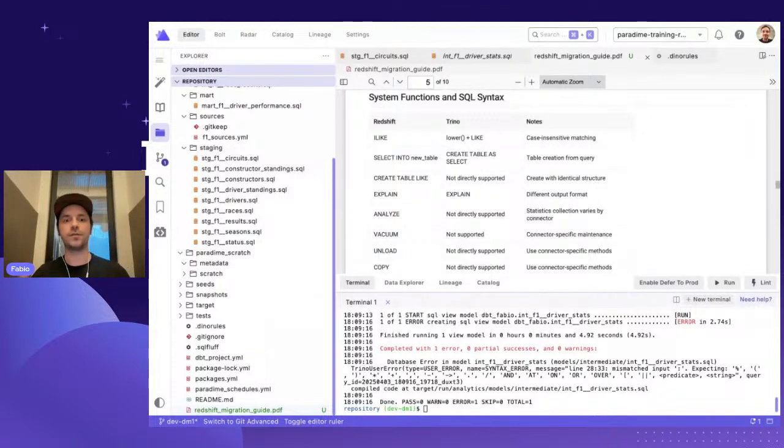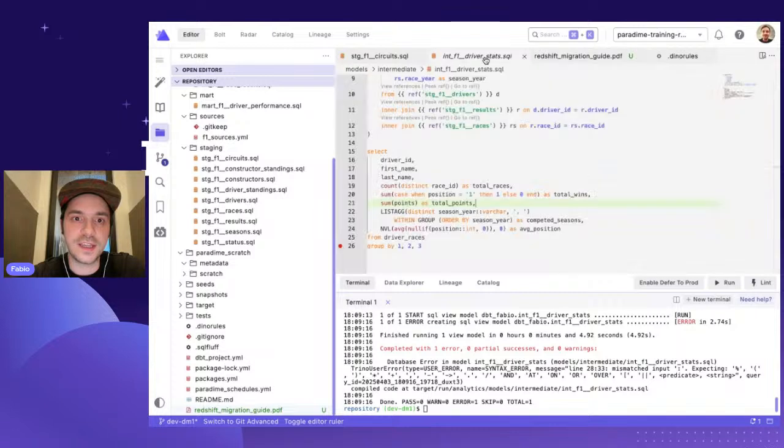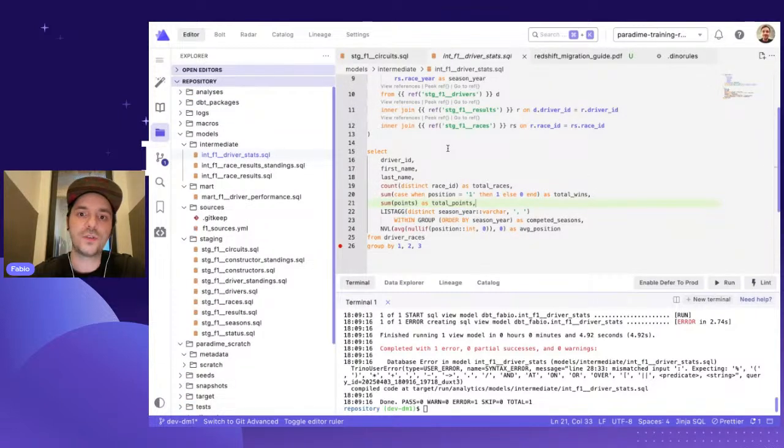But one of the new additions, first of all, within the Paradime interface is that right now you can actually preview this PDF inside your IDE. So whether you are thinking about adding more contextual information, documentation in various different formats for people to consume as they develop your code, is supported there. The second thing that supporting PDF now enables us is the ability to use this PDF as context within our DinoAI agent. So what it means is now I can actually go and say, hey, I want to translate